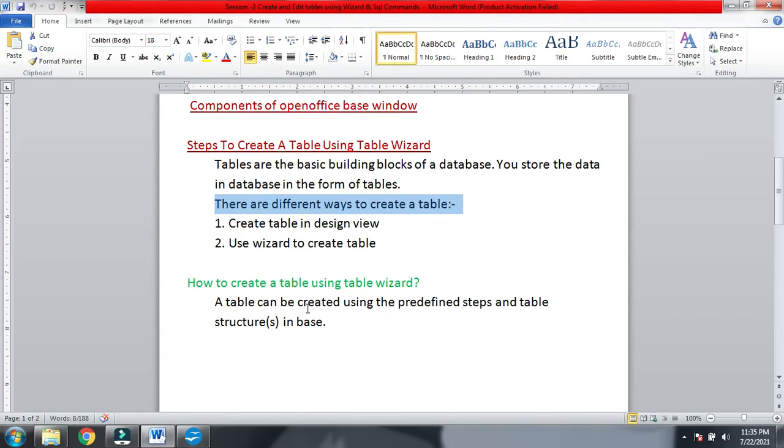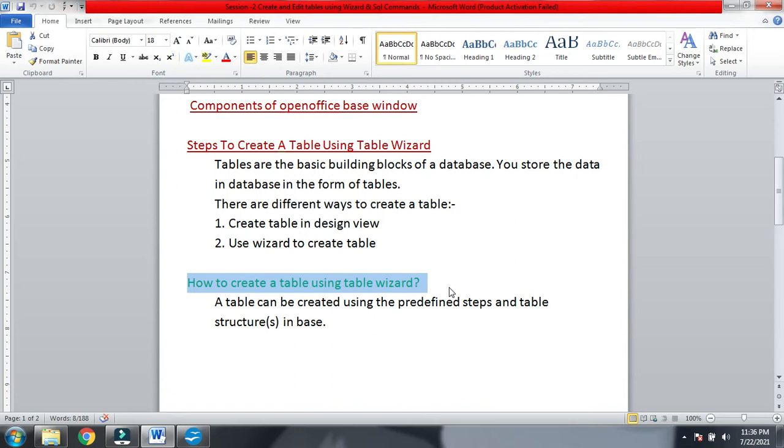First of all we are going to see how we can create a table using the table wizard. What is actually the table wizard? Table wizard has so many predefined tables. Means the tables are automatic, fields are there, every detail is there, field properties are previously saved, and you will directly create a table.